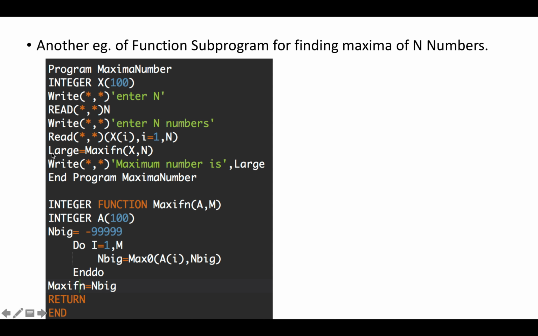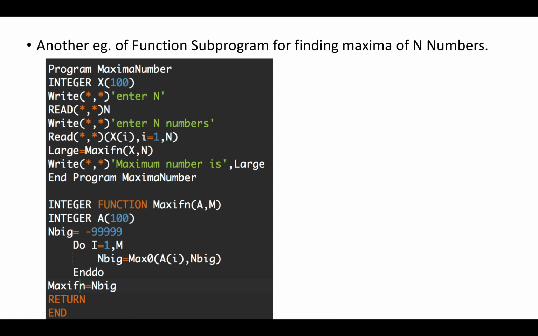So large is the variable. I stored the function value in this variable large, calculated by the function subprogram whose name is maxifn, and I have given an array and an integer variable as arguments in the function. And then I have to print that largest number, write maximum number is large, and the program stop, or you can also write stop depending upon the compiler which you are using.